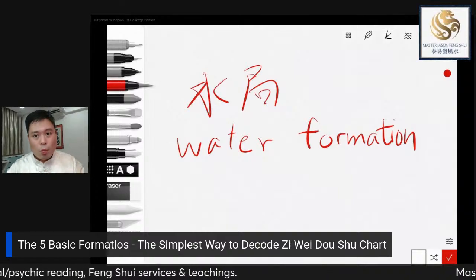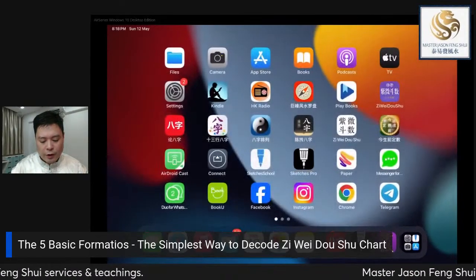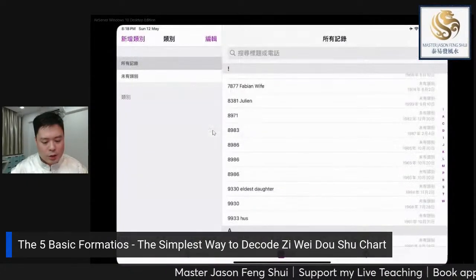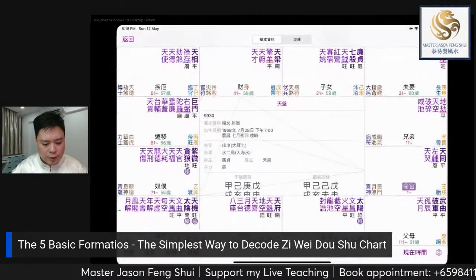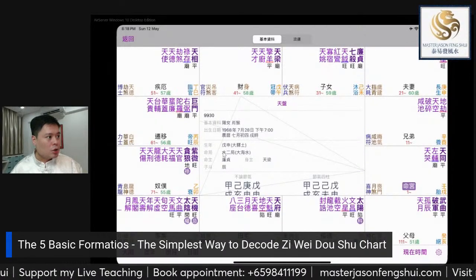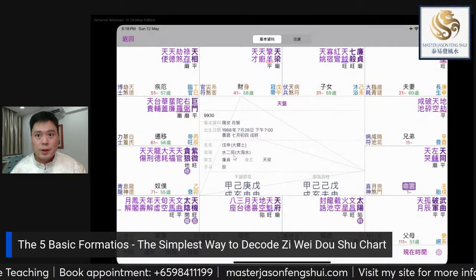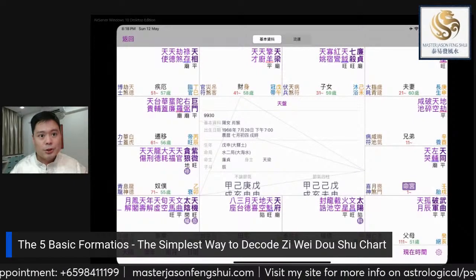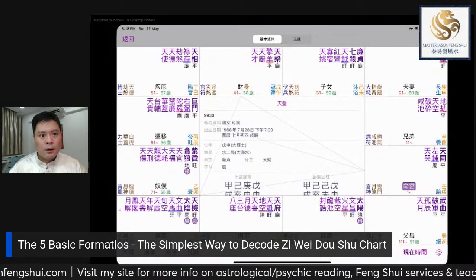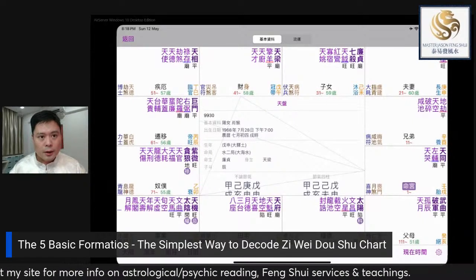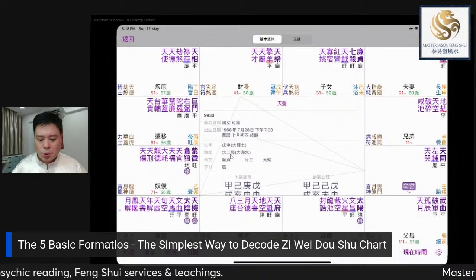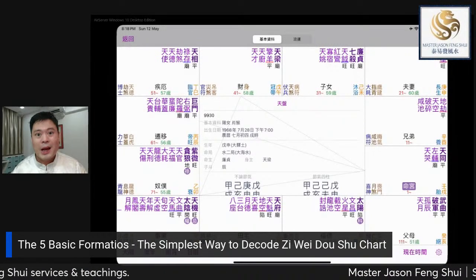When you open a 紫微斗数 birth chart, for example, let me try to find a 水局 for you. Like for example, this person having this 水二局. You don't have to look at the stars. You don't have to look at the life domain, the siblings domain, the spouse domain, or the health domain. All you need to do is just look at this 水二局, and then you will subsequently be able to tell a lot